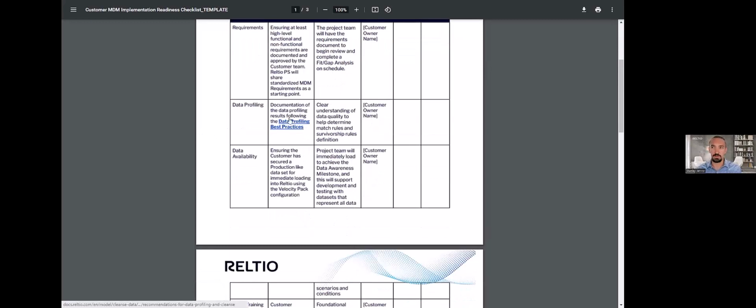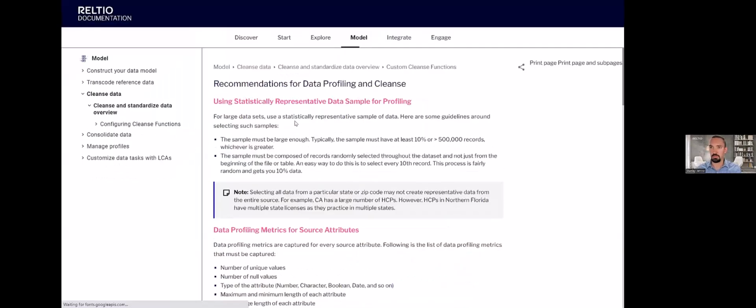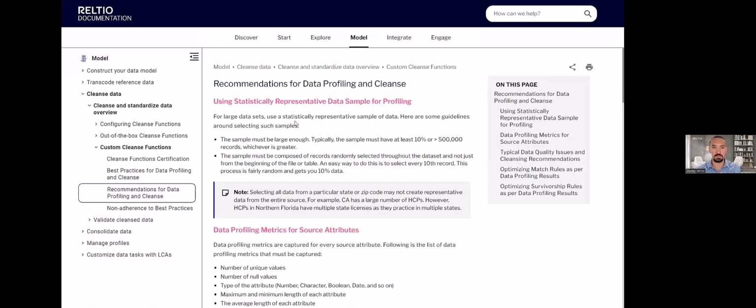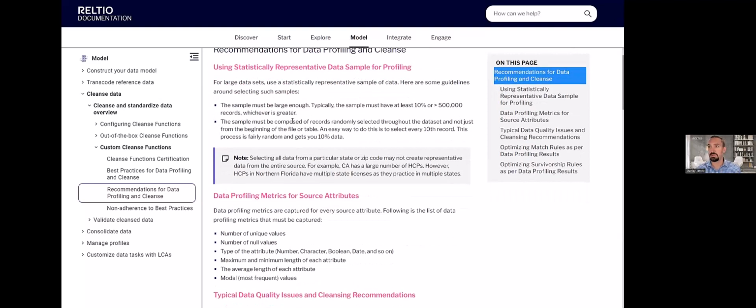Another great resource that I'll click into here briefly is our docs portal. This is something you can access as well. It has so many great best practices, some just general MDM concepts and strategies for folks newer to it, and then more core Reltio-specific best practices to really upskill yourself on the product when you have questions. To highlight a few things briefly on data profiling, once you reach that step, definitely check out the docs portal.